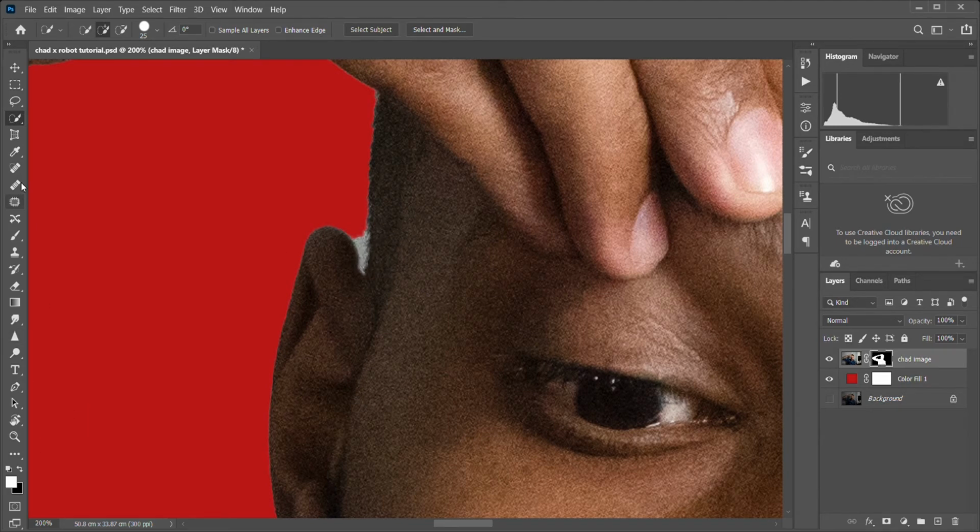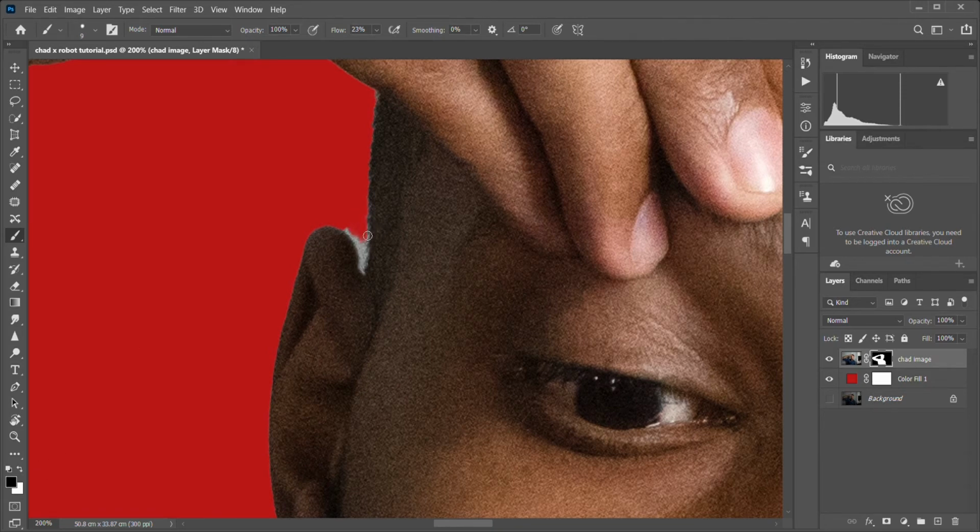Just select the brush tool on the toolbar, change the foreground color to black. Why black? Because if you choose white as your foreground color, instead of removing the background, you're adding it back, and we don't want to do that. So Ctrl Z, black,